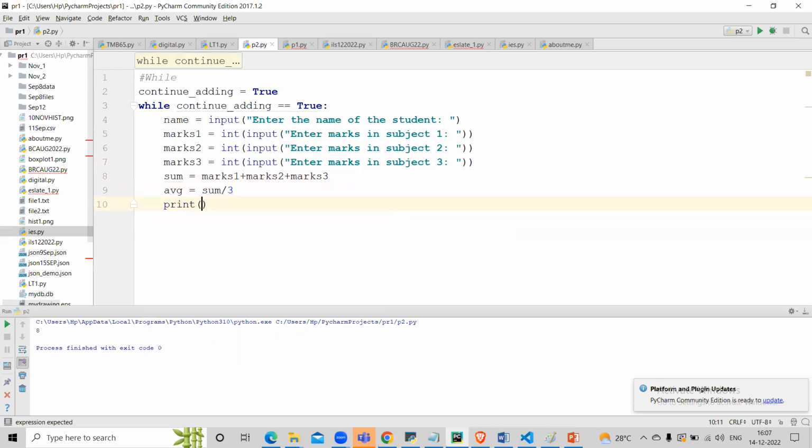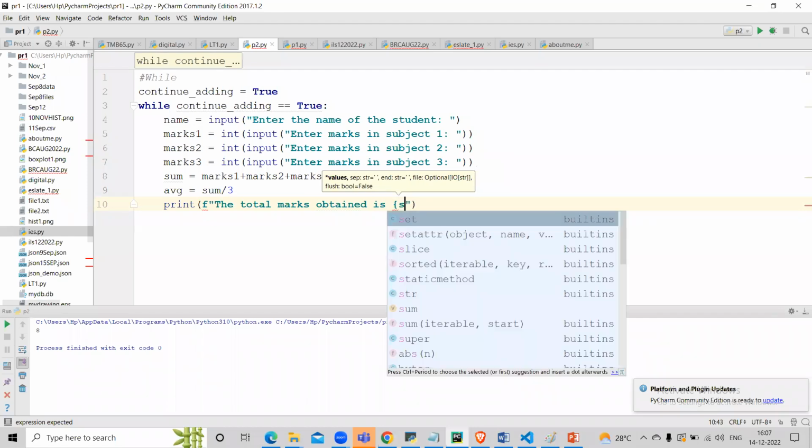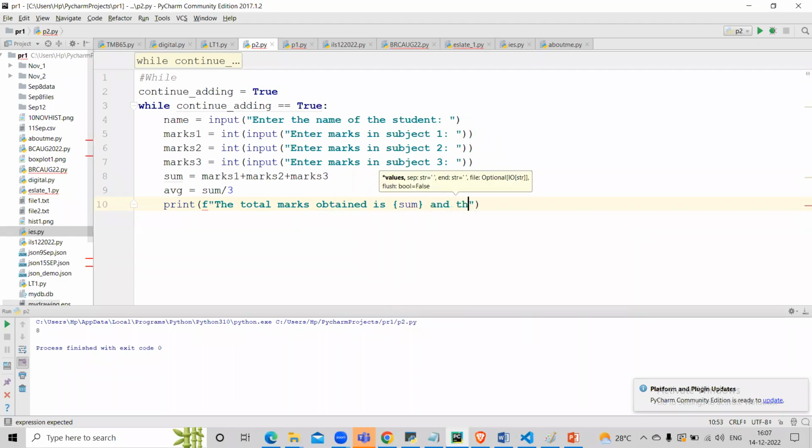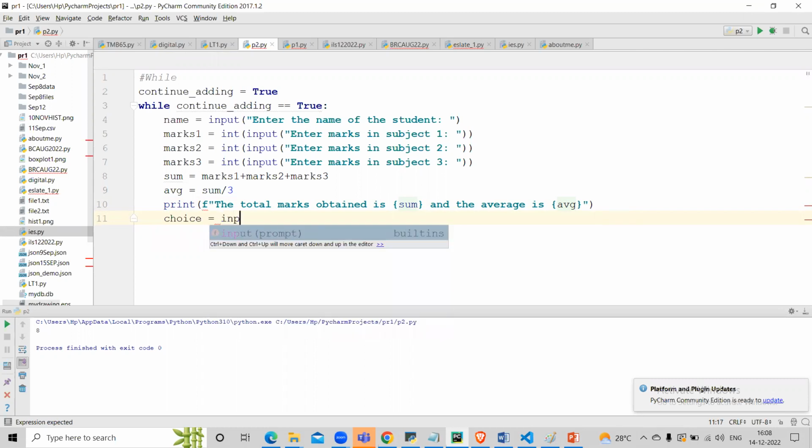And now I'm going to say print, the total marks obtained is sum, and the average is avg. So this is how we'll calculate marks for one student. And now I'm going to ask the user, do you want to continue? So I'll say choice equal to input, and I'll ask directly,